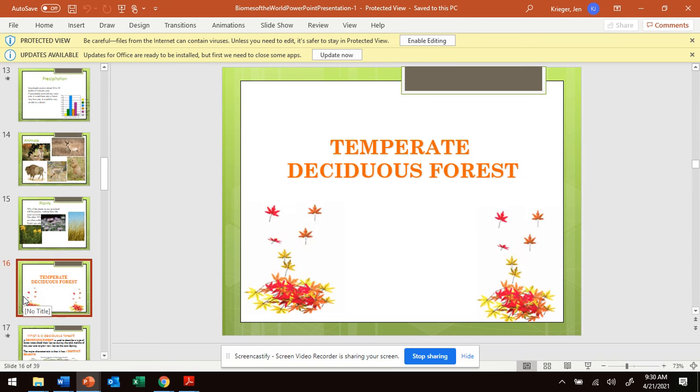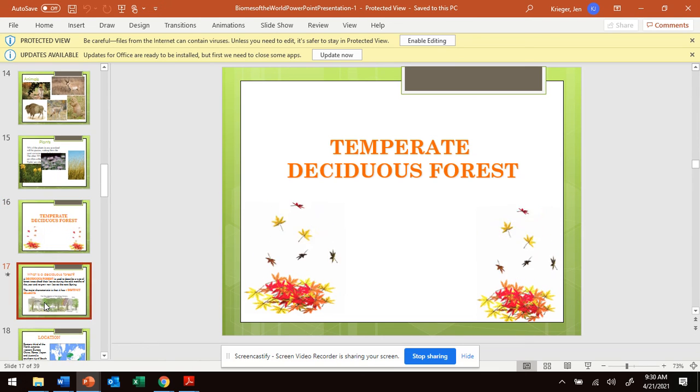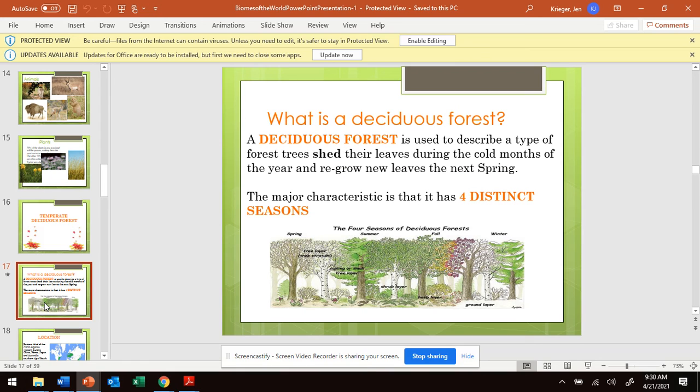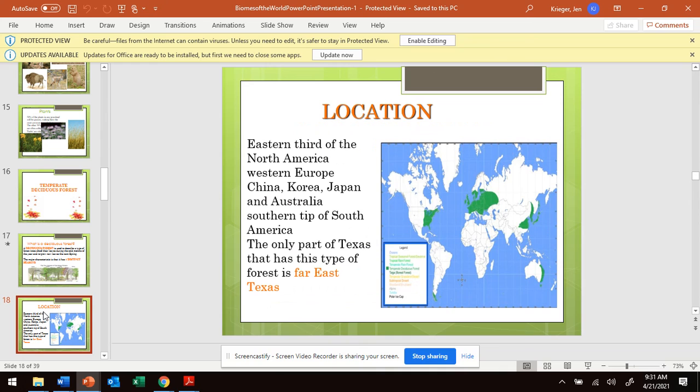And let's talk about another type of biome, our deciduous forest. A deciduous forest is used to describe a type of forest with trees that shed their leaves during the cold months of the year and regrow new leaves during the next spring. The four major characteristics is that it does have four very distinct seasons. Sound familiar, right? Our spring, summer, fall, and winter, just like us. Typically located in the eastern third of North America, Western Europe or China, Korea, Japan, Australia, the southern tip of South